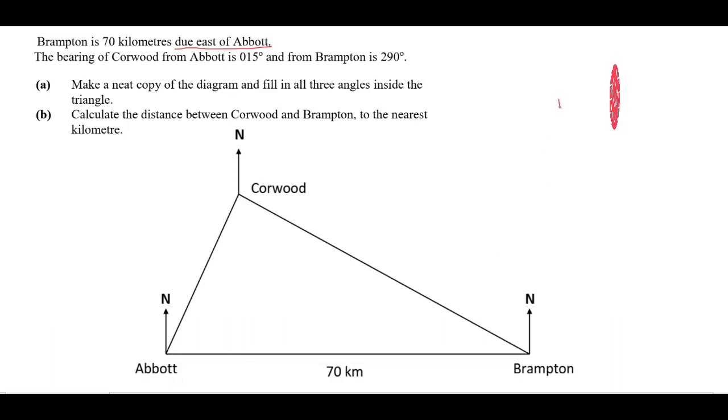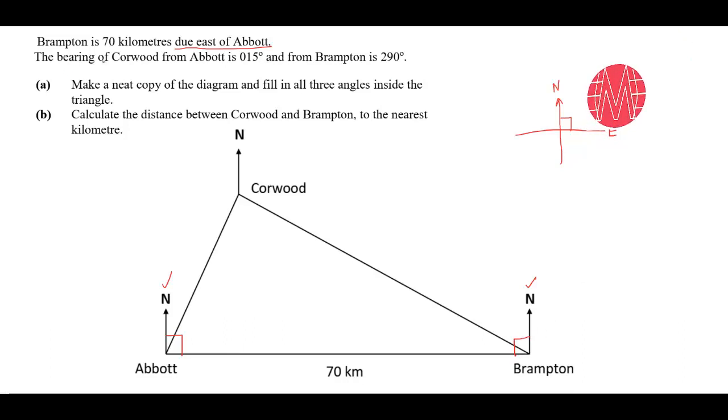So okay, this is north. Do you know these things? North, and it is east. And as you know, the angle between north and east is 90 degrees. Therefore, this angle is 90 degrees. As we know, these two north lines are parallel, so this angle will also be 90 degrees.